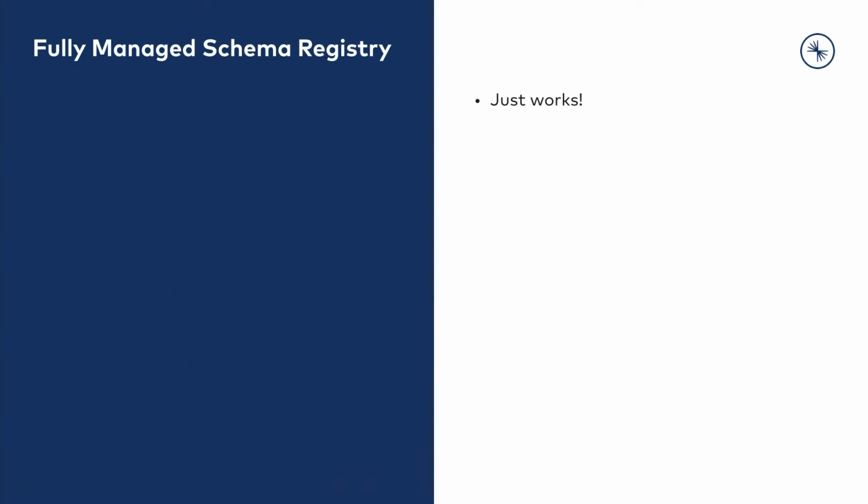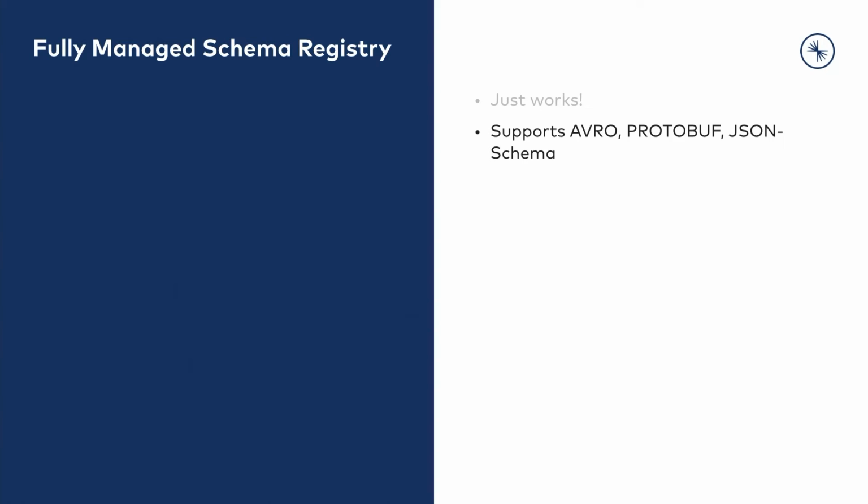So as you will expect from the fully managed service, it just works. So when you create a cluster, you have the ability just to go ahead and say, I want to create a schema registry, and the only thing that you need to do is select where you want to create this. We will walk through this in the exercise section, so after this, you will be able to do it yourself. Fully managed schema registry also supports Avro, protobuf and JSON schema, meaning that you can define your schema in those formats, and this information will be stored inside schema registry.